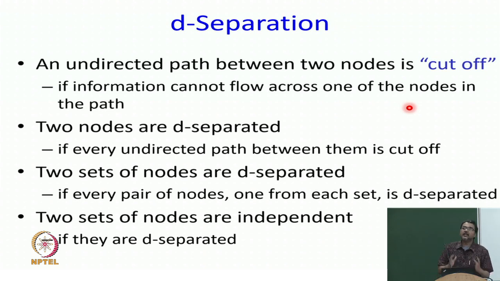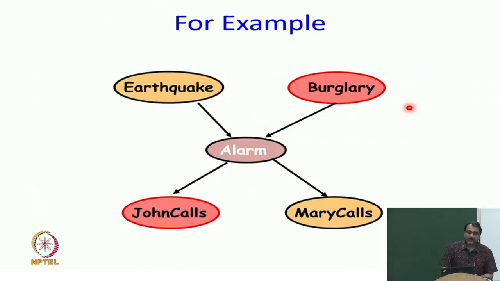So, that is the general definition, that you have to look at what are the ways in which a node can influence another node, and if you are not able to find any such way, then they will be independent of each other, they will be D-separated. However, there are rules on when is a path considered cut off and when is the path not considered cut off, and that actually requires directionality. Okay. So, there are three rules to check if a path between the two nodes is cut off or not, and one of them is called the linear connection.